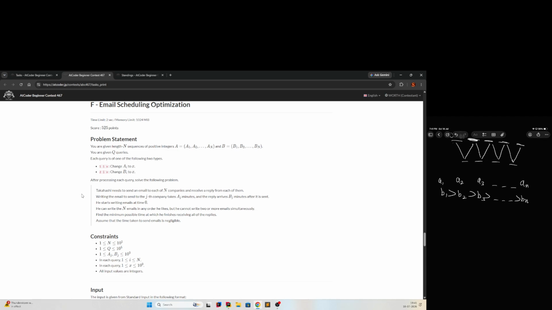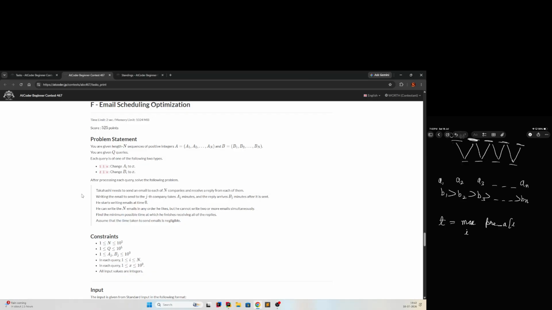Proving it is a little tricky, but observation wise, you want to utilize your waiting time as much as possible. As you're waiting for other mails, you want to write mails. You don't want to spend time waiting and doing nothing. So if this is the last one you do, then you have to wait the proper b1 time, which is a waste. Another observation is, if you process the mails in this order, the time is going to be max